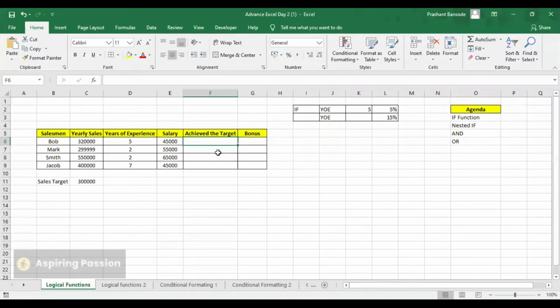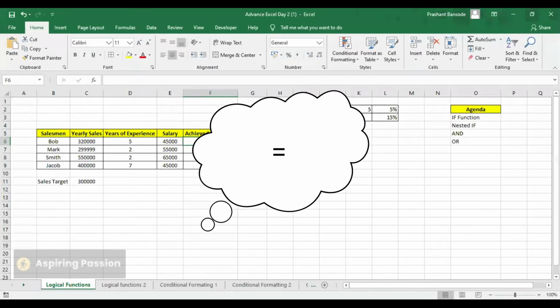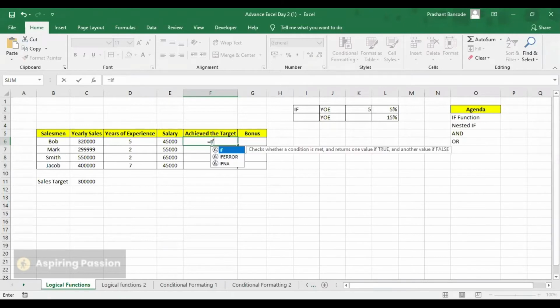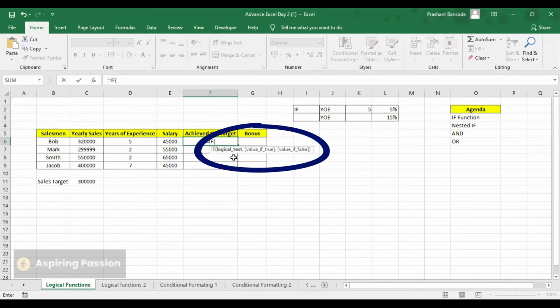Whenever we apply any function in Excel, we start with the equal to sign. So equal to IF. This is the function I'm going to use as a logical function. Once we lock this function, it will automatically show a syntax, which we already discussed yesterday, because every function has its own syntax.